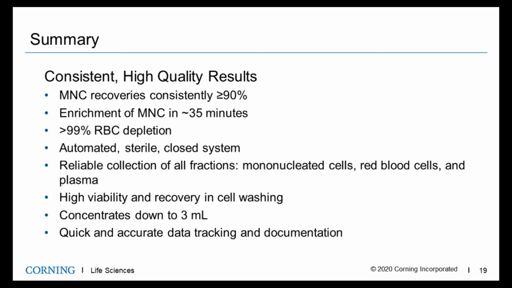It's an automated, sterile, closed system, which provides reliable collection of all of the fractions which are routed into the separate chambers. Things like mononucleated cells, red blood cells, and plasma can all be separated reliably in a reagent-free closed system. We see high viability, recovery in cell washing and buffer exchange processes, and it has the ability to concentrate down a sample all the way down to 3 mil volume, which I know for some people, getting that harvest volume down as low as possible is really important. And importantly, for GMP compliance,